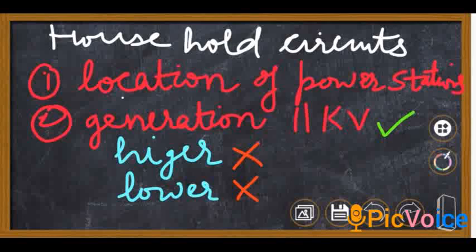First thing, the location of these power stations is very far away from the residential colonies. That is, the station where the electricity is made and the place where people are using electricity are very far away. The reason being, as you have studied, there are thermal power stations and hydro power stations. For those, dams are required, so they cannot be near us; they have to be very far away.